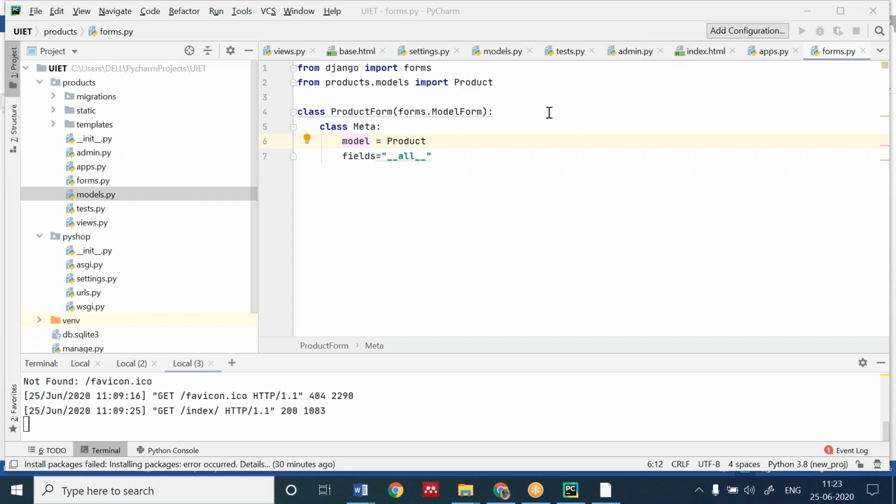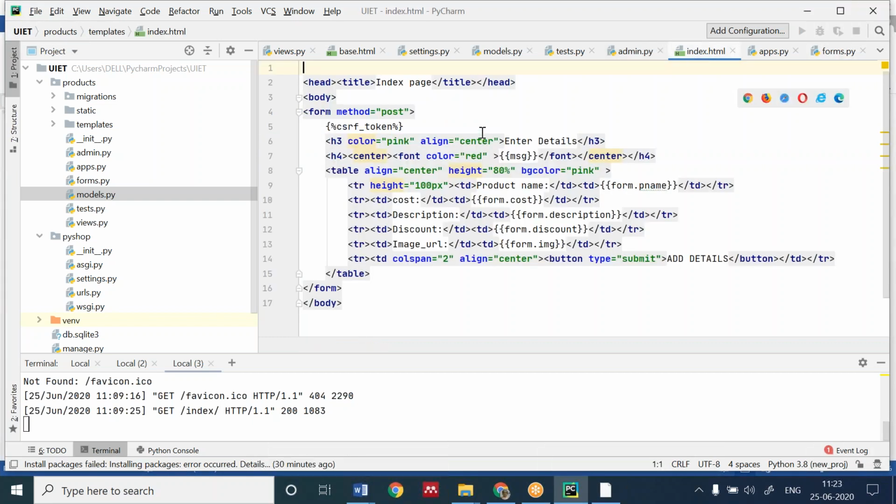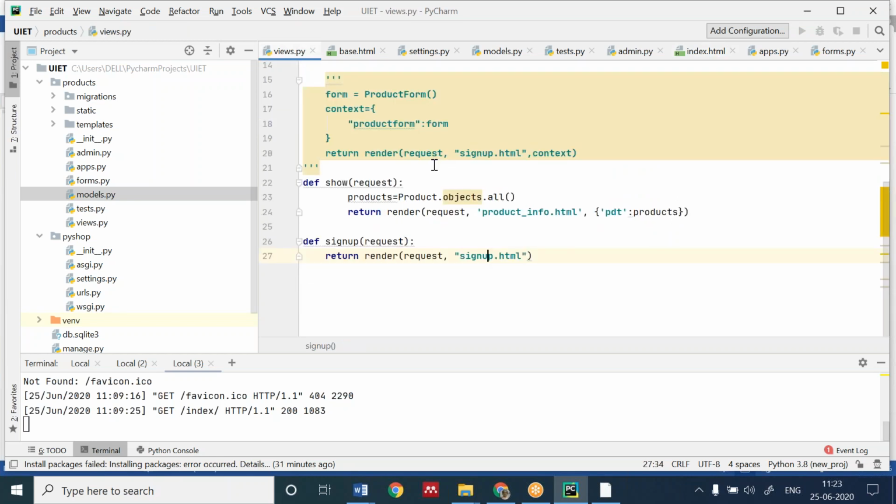Okay. Now what you have to do, I'm creating a form using that field. Okay, firstly I will have a view of that.